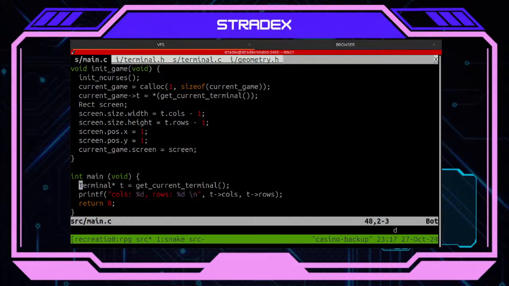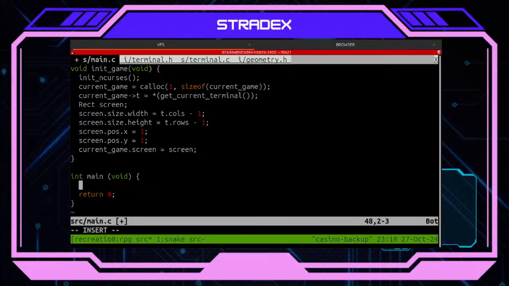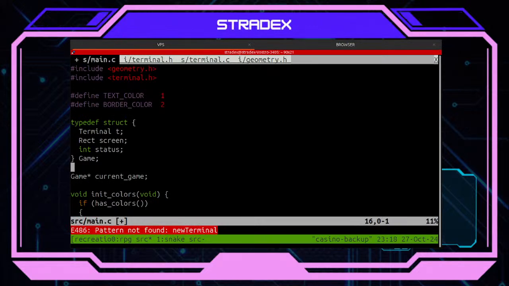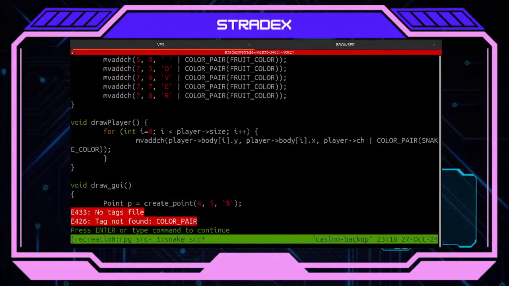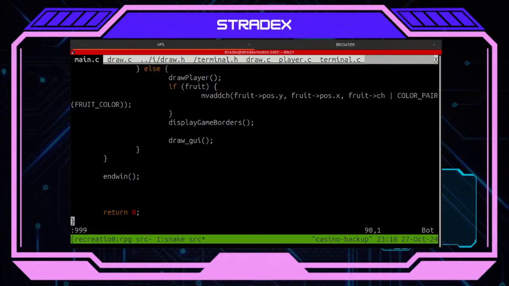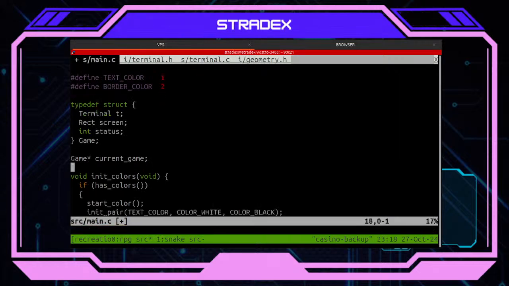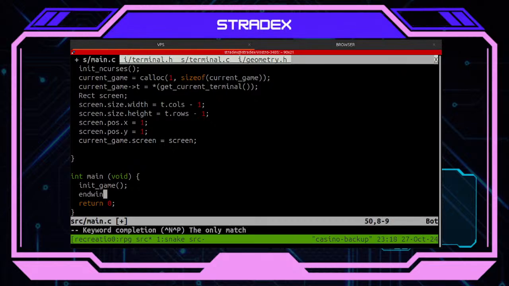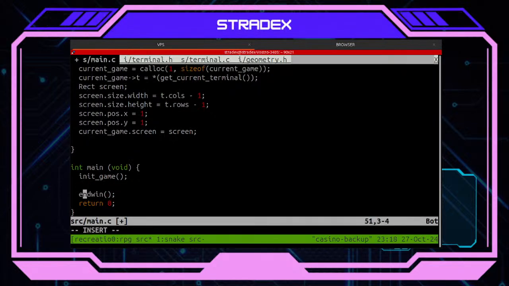I should be able to call basically init game, and init game should be able to... I want to show you something more. Yes, this is also what I want at the end, but actually I don't need to copy this.